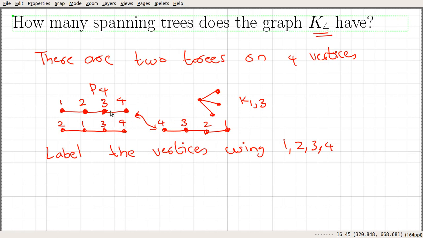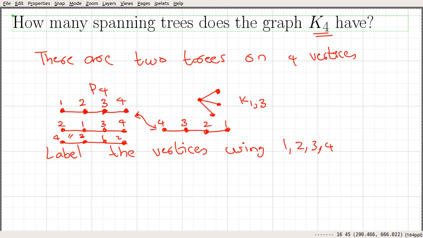So here we can see that for the ordering 1, 2, 3, 4 and 4, 3, 2, 1 there is 2. Similarly for 2, 1, 3, 4 and 4, 3, 2, 1. If you label these something like 4, 3, 1, 2, again we can see that these two path graphs are the same. So there is an overcounting if you consider all the 24 orderings of these 4 numbers.